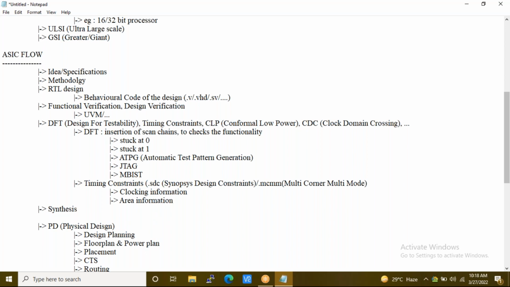Clear so far? Any questions? Akhil, I'll come to your question because we haven't gone to that particular stage, so that's why I haven't gone to that part yet. His question is, what is the difference between physical verification and design verification, and which needs more coding knowledge? The answer is design verification requires more coding than physical verification, and the difference between them we'll discuss in a few minutes. Apart from that, any other questions?